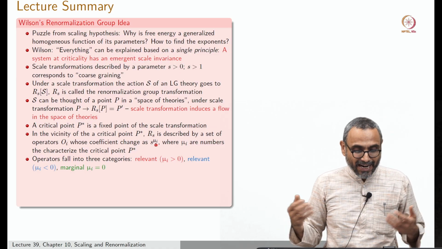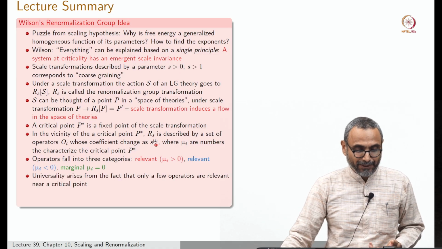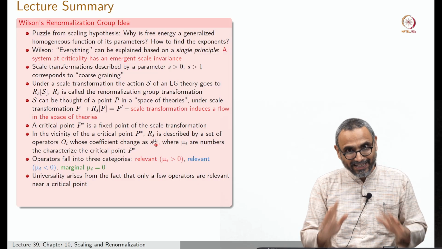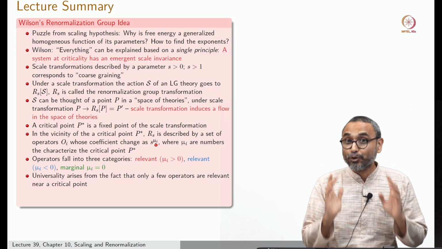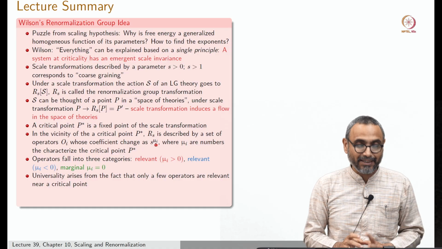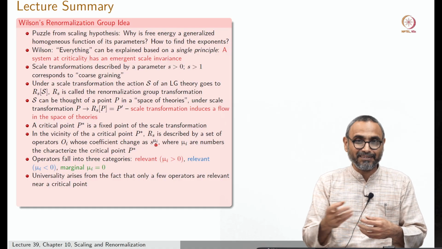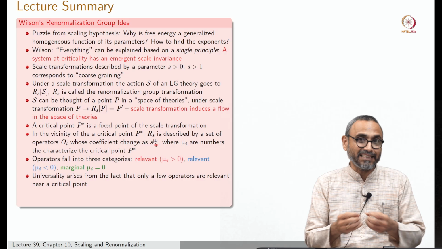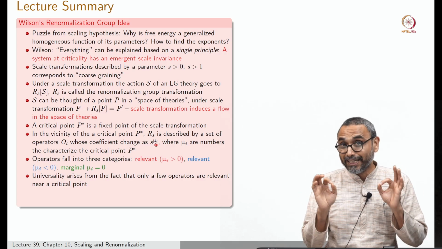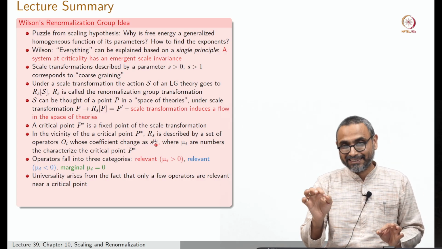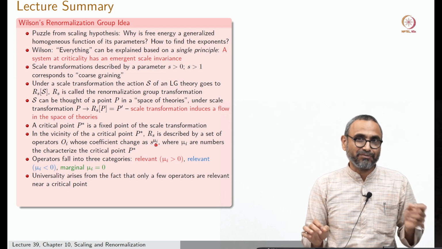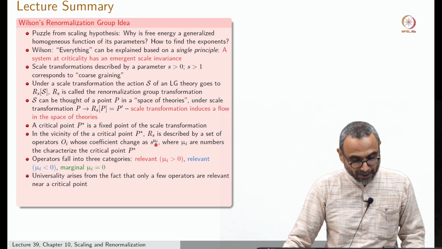The main idea of universality emerges from the fact that in any critical point, there will be only a few relevant operators, right? So for example, in the Ising kind of transition that we will be studying, in the Ising critical point, you will find that there are only 2 relevant operators, and those are the temperature and the magnetic field. Okay. All right.